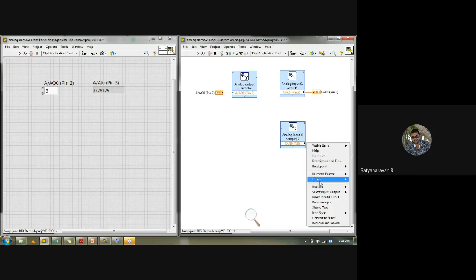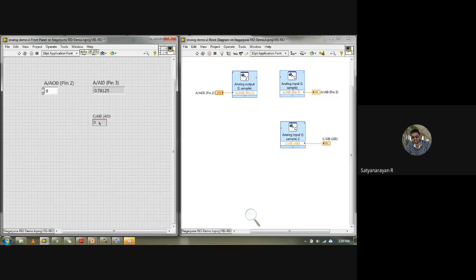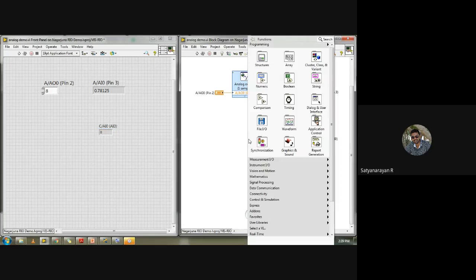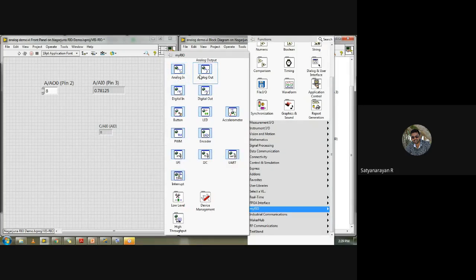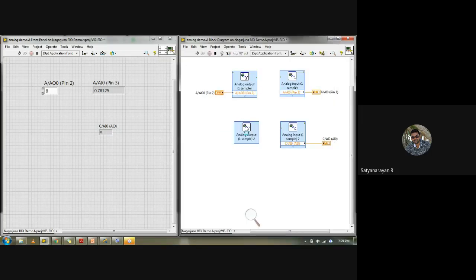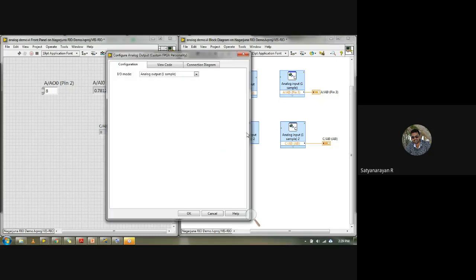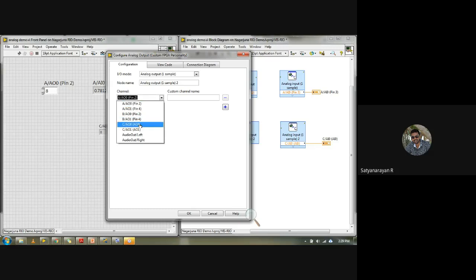For this, I'll create an indicator. Same, I'll go for myRIO analog output to generate the values. So let me take the CAO0.